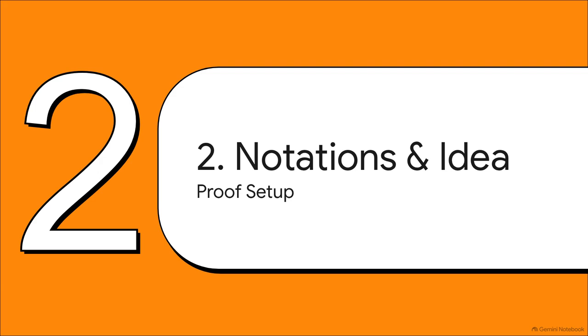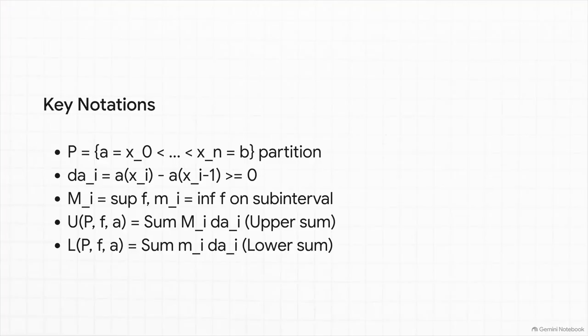Moving right along to section 2, notations and proof idea. Before building the house, we need our tools. Let's set up our key notations. P is our partition of [a, b], where a equals x0, which is less than x1, all the way up to xn equals b. Delta alpha_i is alpha(x_i) minus alpha(x_{i-1}), which is greater than or equal to 0